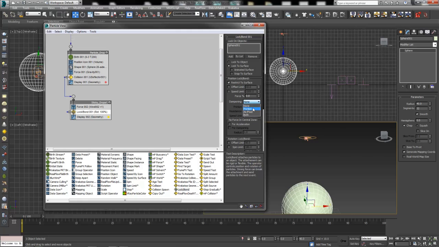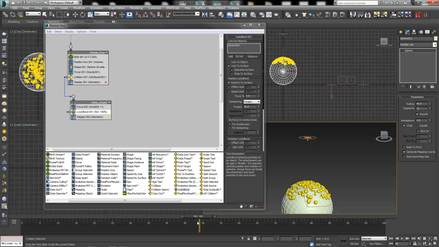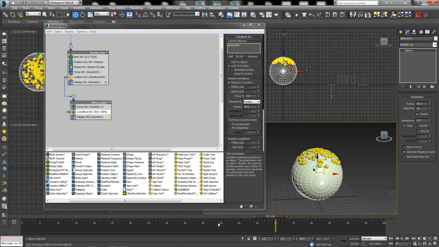In this damping here, we've got friction, air, and fluid, or both. Let's just do friction for this one. And let's go 70% of that friction so that we don't get them all slowing too far, but they will slow down and stop a little bit over time. So some at the very top slow down first, and then some that get down toward the bottom will slow down lastly. We can always come back and adjust these if we want them to drip a little bit farther down our sphere after a while.